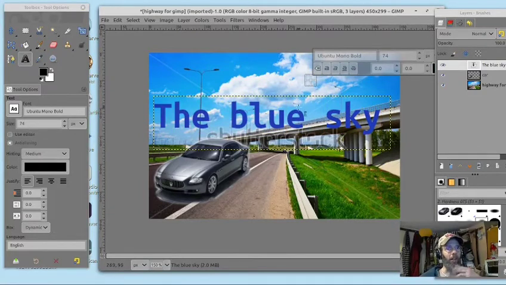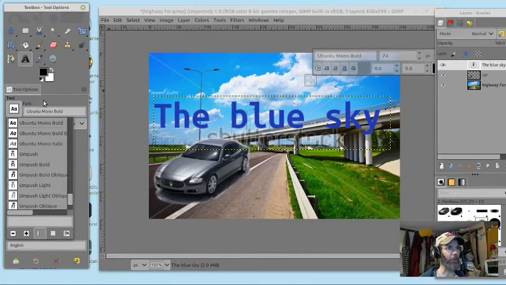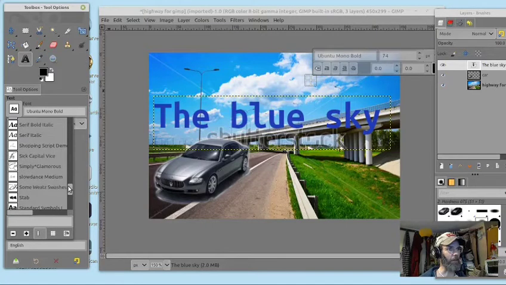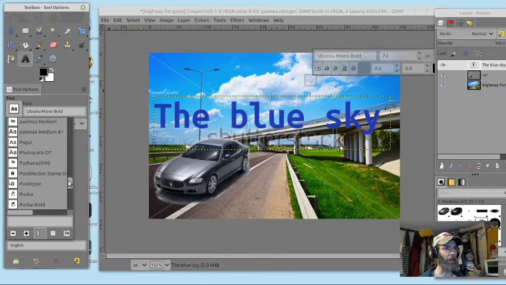As far as fonts go, GIMP comes with its own fonts, but they're not that great. This program is designed to be used by people all over the world, so there are many fonts. Here, I can just show you over here. If I click on this font dialog box, it gives me a list of all these different fonts. And some of them are from, I think, Arabic countries, and the Orient. I've put in a whole bunch of my own fonts that I like, but a lot of them I can't